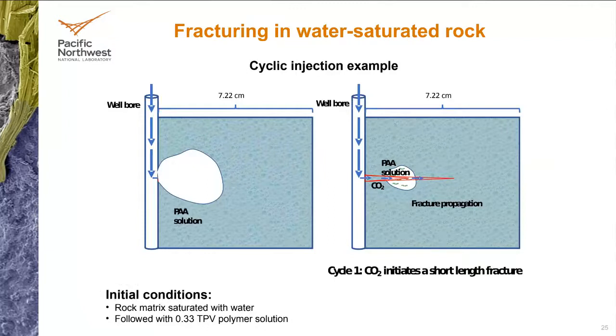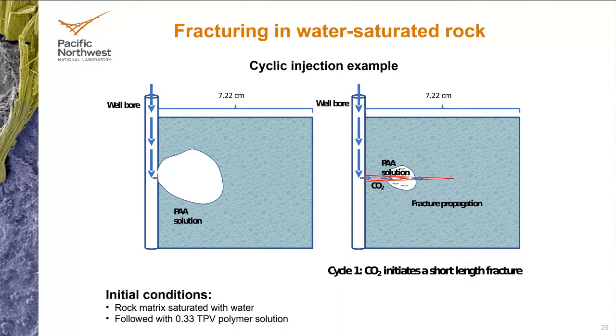If we want to fracture with water, then we follow with a constant flow rate of water. If we want to fracture with CO2, we don't introduce water. We follow with CO2. If you want to do a cycle of water and CO2, or polymer solution in this case and CO2, what we do is we inject about 1/3 of the total pore volume of the rock, which is about 12 milliliters of water, taking into account the porosity of the rock is about 2%. The pore volume is about 2% of the rock. And then we inject 1/3 of that, either water or polymer, and then we follow with the injection of